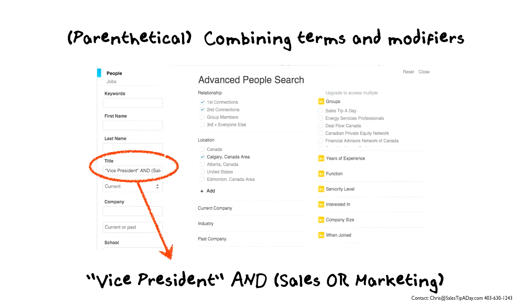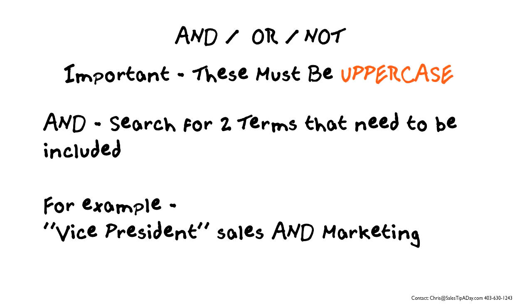So the first thing is quotations. The next thing is brackets. Next, we're going to talk about these 3 modifiers, which will take us through the top 5 LinkedIn Ninja search tips. So we've got AND, OR, and NOT. It's important: they have to be in uppercase. I stress that. You have to have these in uppercase or it won't work. AND is when you're searching for 2 terms that need to be included. So for example, when I'm looking for a vice president of sales and marketing, I want to make sure it's sales